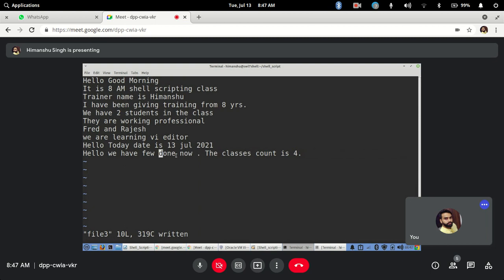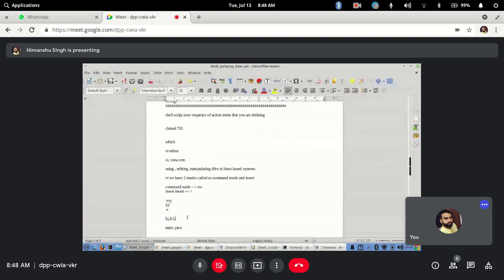Now let's say my cursor is here. If I want to delete to the beginning of the line, I will use d and shift caret. If you don't know what I am doing: d, and then this sign.